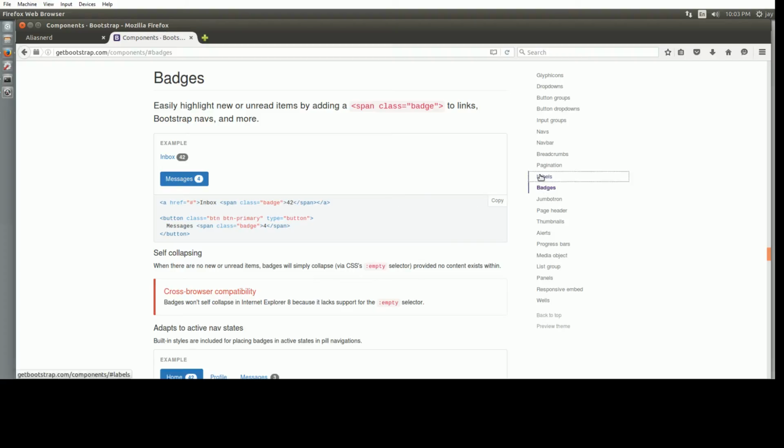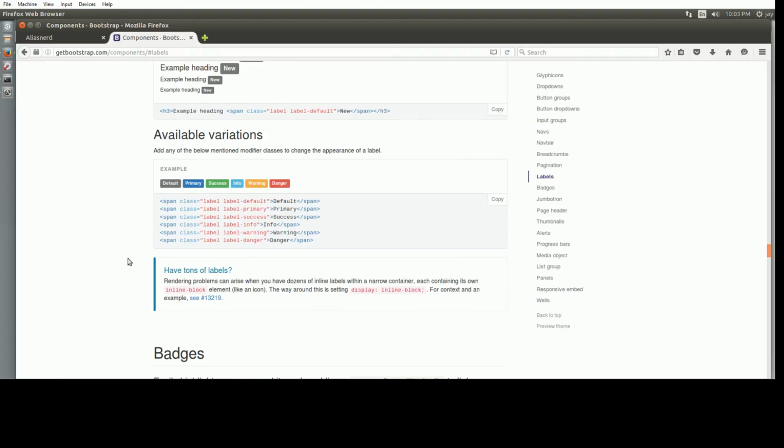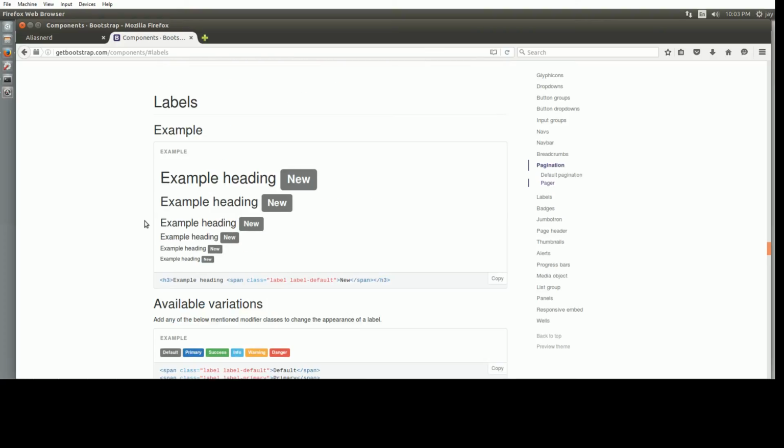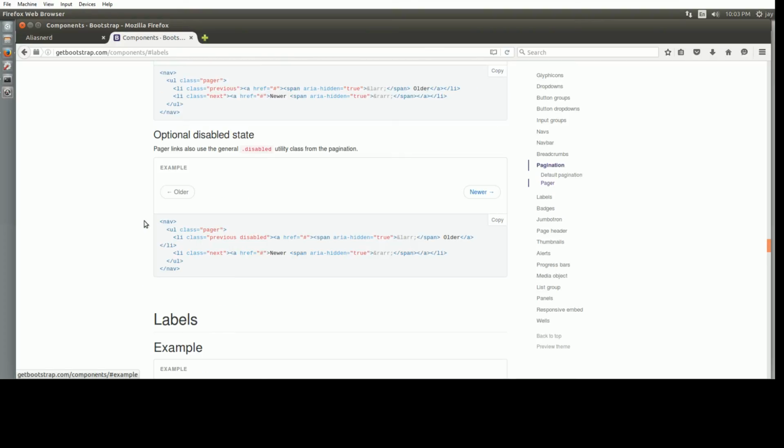Can we stick a label inside of a button, do you think? Nope, just badges it looks like. I could probably do it. I could try it, but